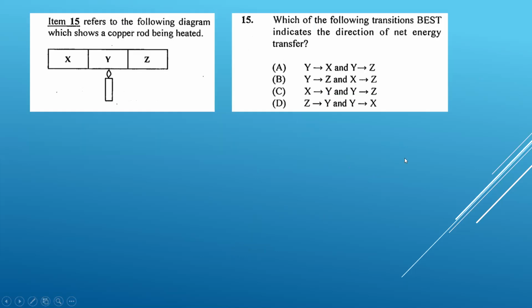All right, number 15. So you have a copper rod being heated in the middle, basically. The middle is Y, and then at the extreme,